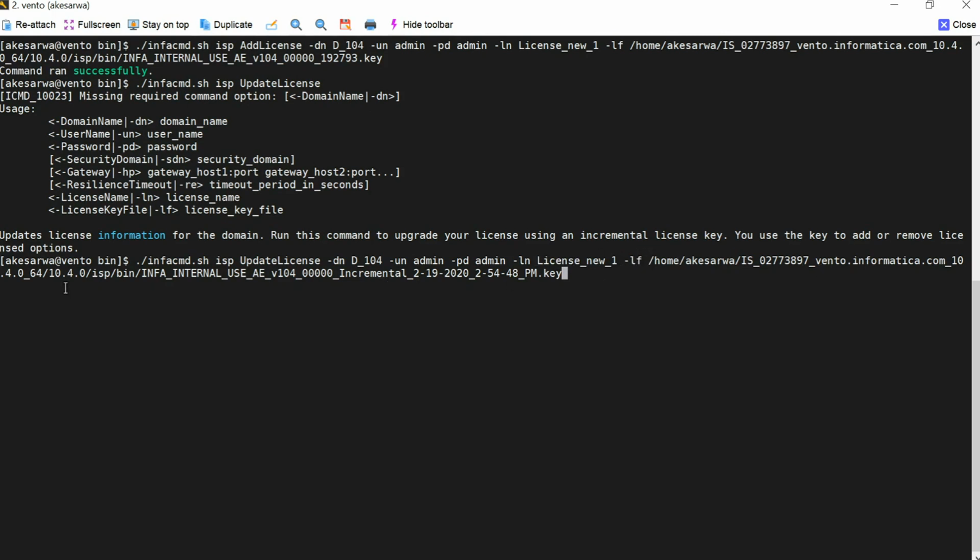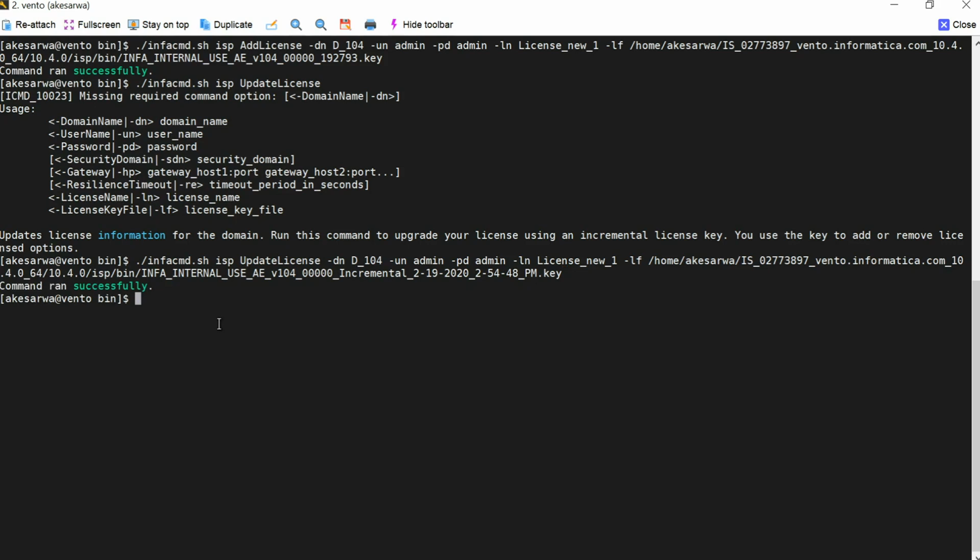And then you need to provide the location where your incremental license key is located. So I'll go ahead and run this UpdateLicense command. Okay, so I see that my license key has been added successfully.